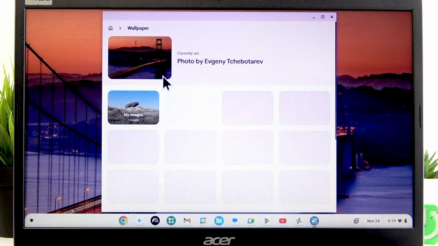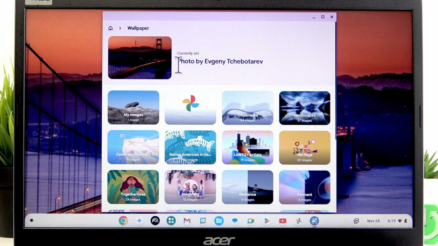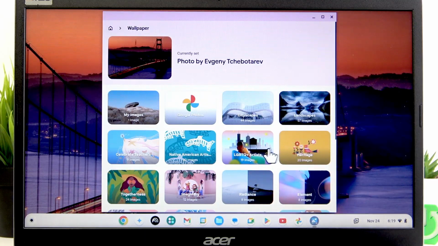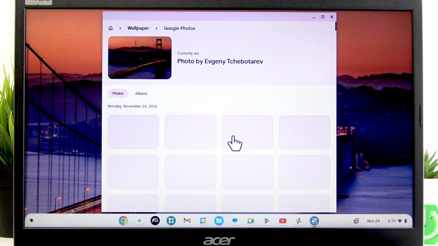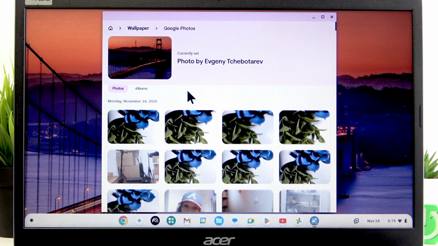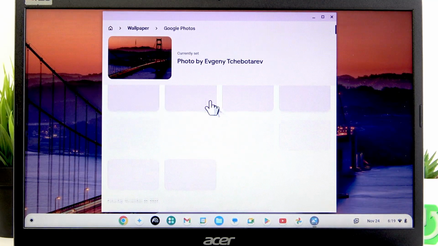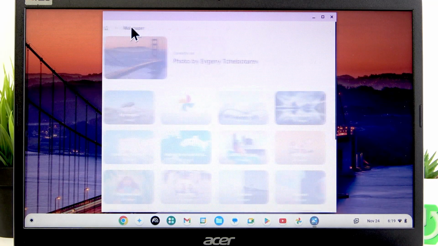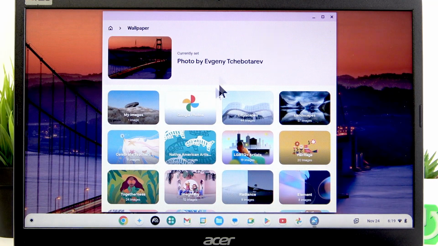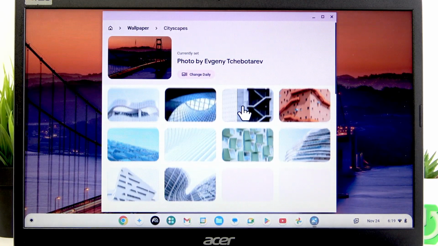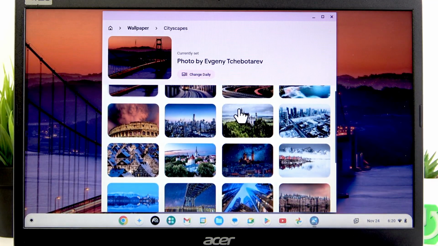wallpaper menu. Now here we can choose either one of the topics for our wallpapers, or we can choose our own photos to be wallpapers. Just choose some photo from your Google Photos if you want to set your own photo as a wallpaper, or just choose one of the available topics and then select an image